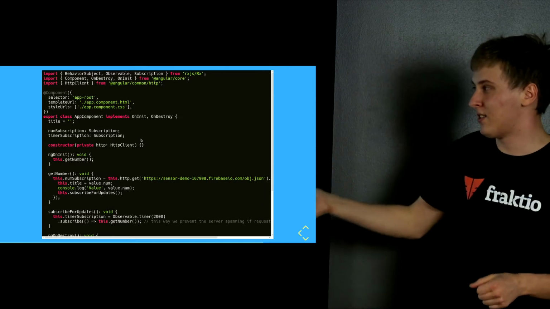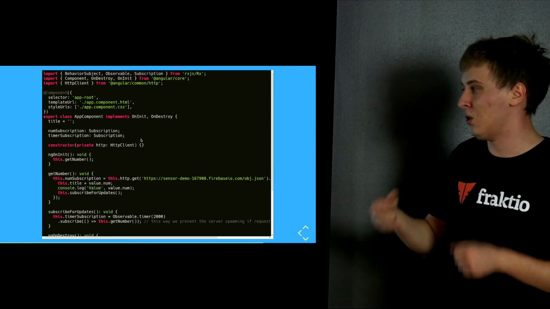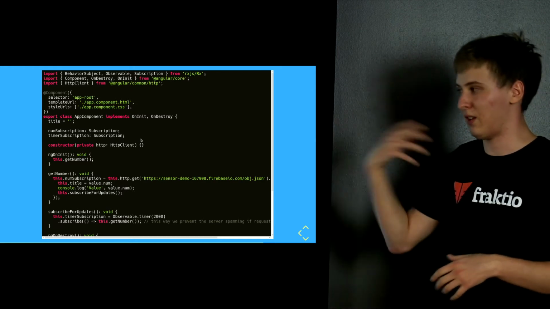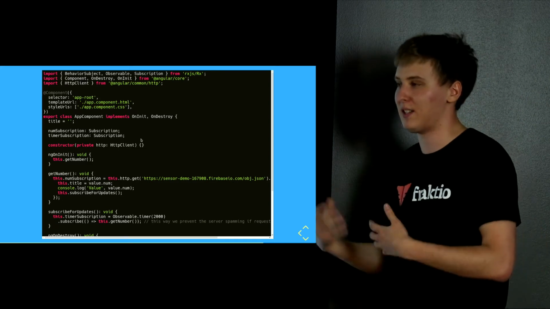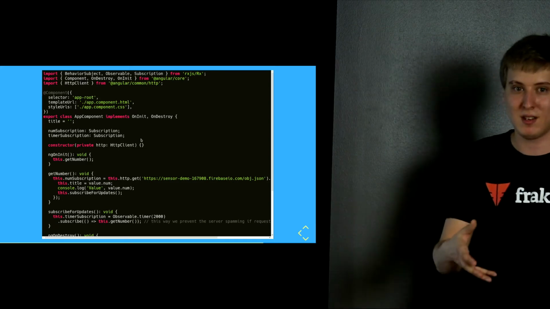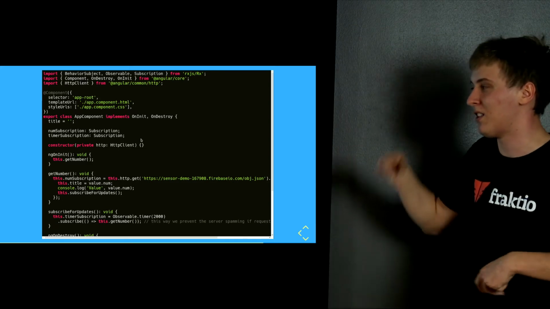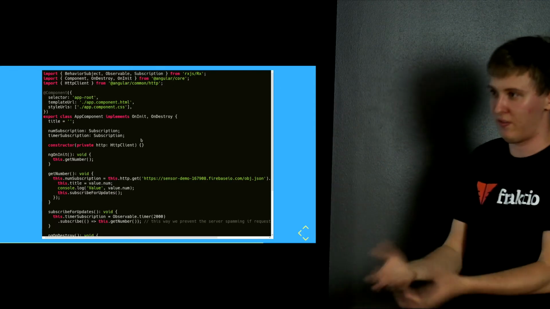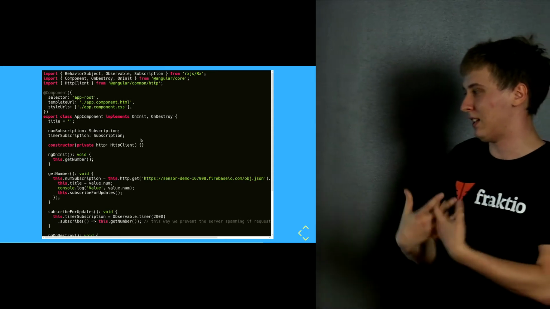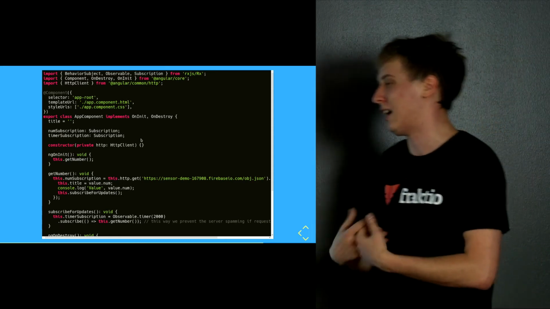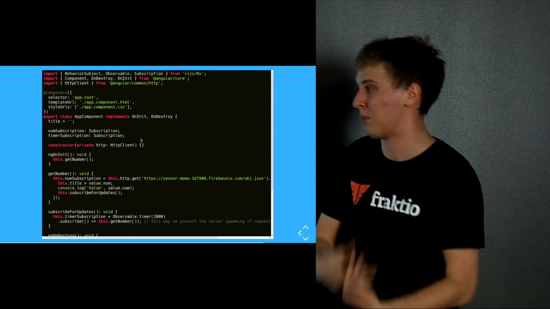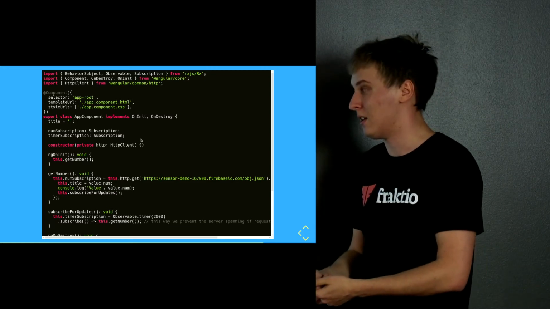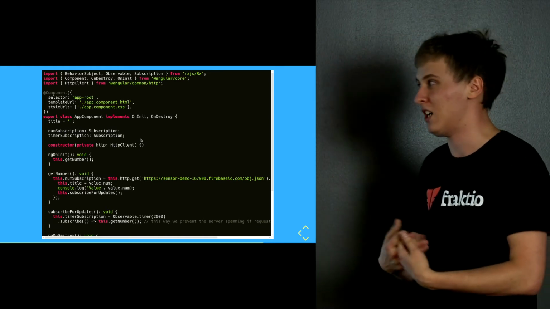With RxJS, you can interrupt anything that you do, and it's a continuous value. It continuously listens to whatever is happening. So you only need to subscribe once, and then you can use it wherever. Whenever something updates, it reflects on the whole project. So it observes for the value. And I believe that you should start using RxJS in your project instead of promises, especially if you work with real-time data, because it makes it much more streamlined than chaining a bunch of promises.